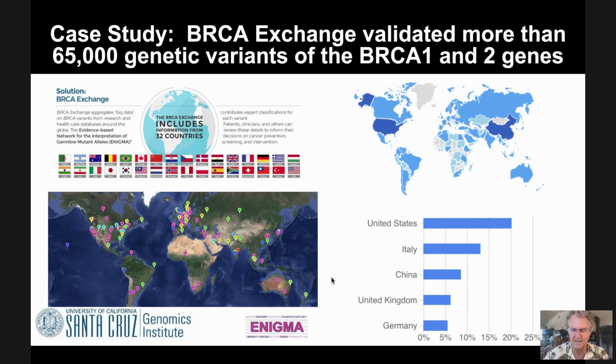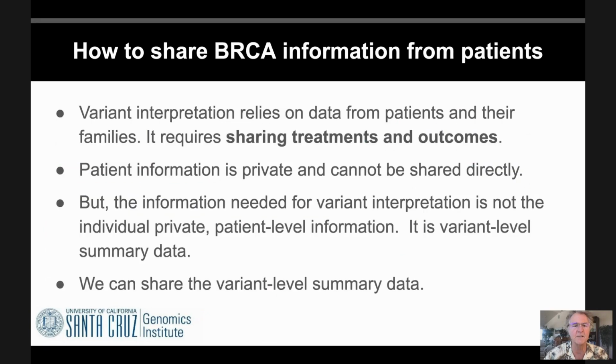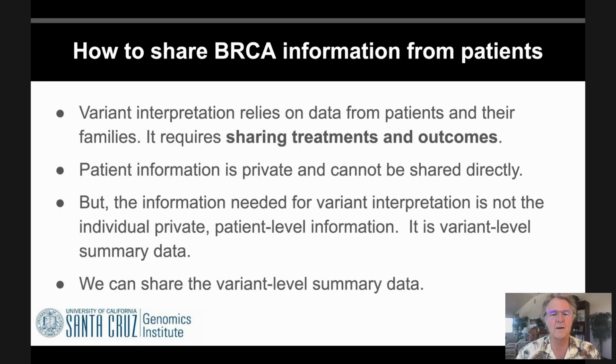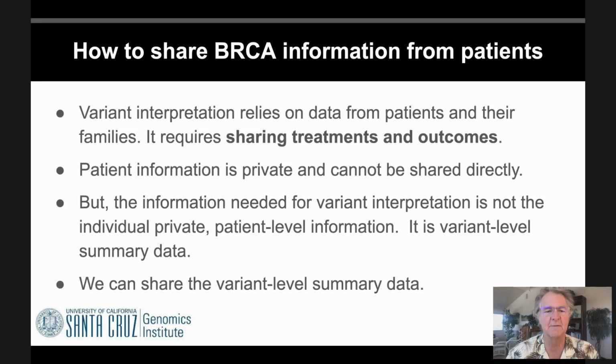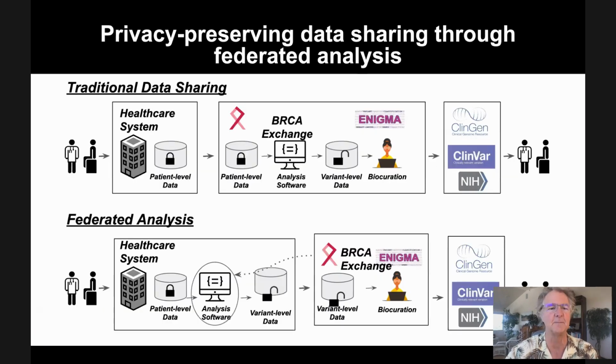If we share data, we will understand the genetic variation of this. It's important that in order to understand the impact of these variants, we must share treatments and outcomes. And this is something that Patty was talking about in her beautiful initial talk here in the conference. This is challenging because, of course, sharing patient information on an individual basis is very difficult. But what we really need is variant summary level data that is accompanied with summaries of treatments and outcomes.